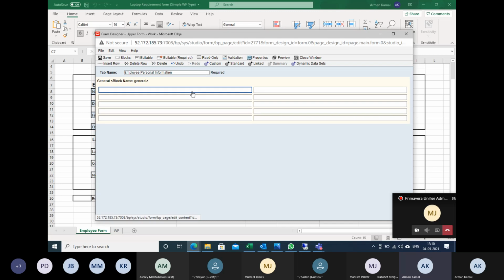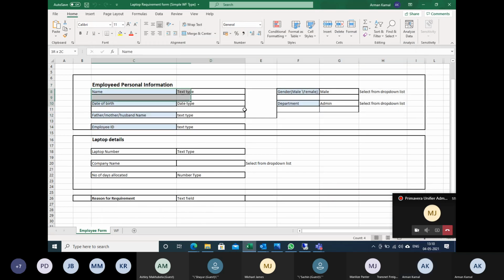Here I will add a BP picker. Now what is a BP picker and why should we use that? Because for all this information, I'm not going to create another field to enter the data again for this BP.